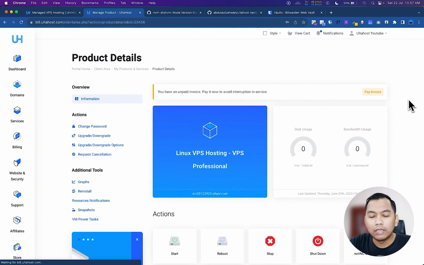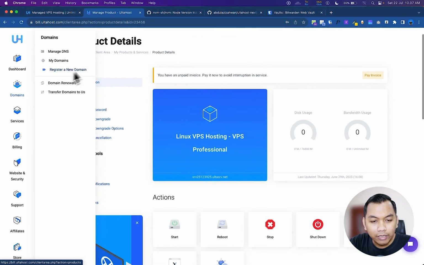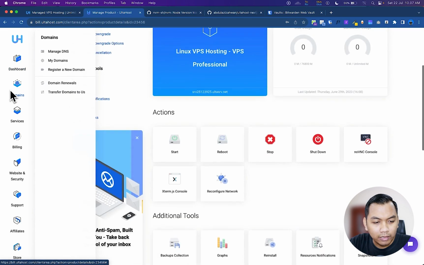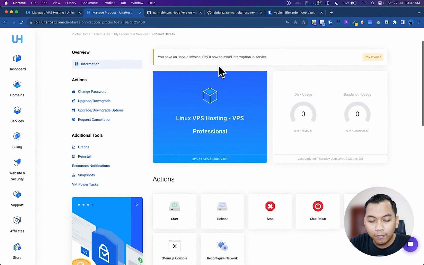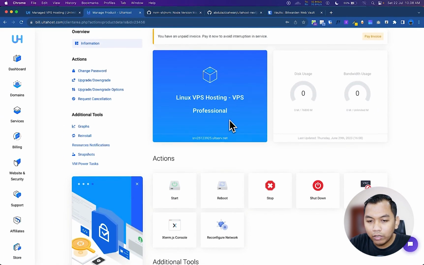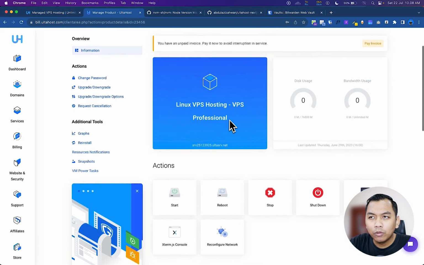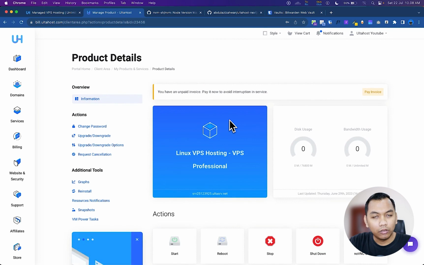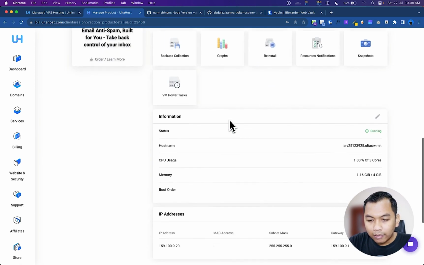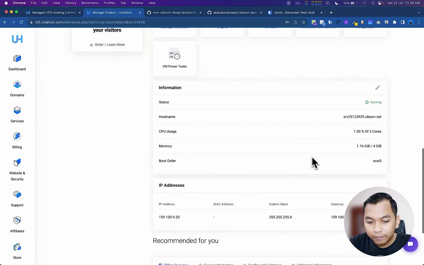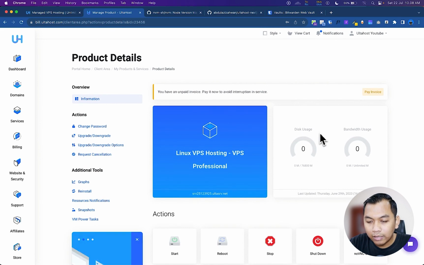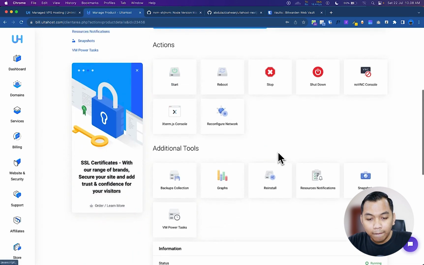So this is our dashboard on UltaHost, and as you can see here, the UI is simple and easy to understand. This is my product detail, Linux VPS hosting, and in this video, I will be using Ubuntu version 22. Here we have 4 GB RAM, there is no disk usage and bandwidth usage, and the bandwidth is unlimited. Alright,